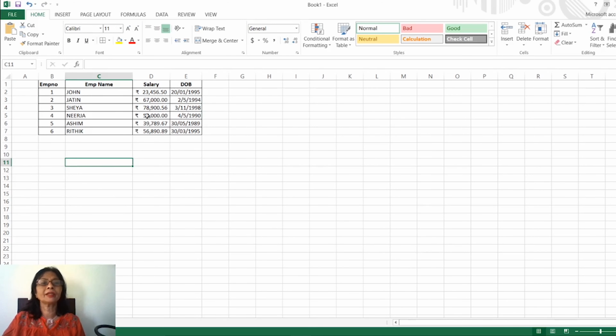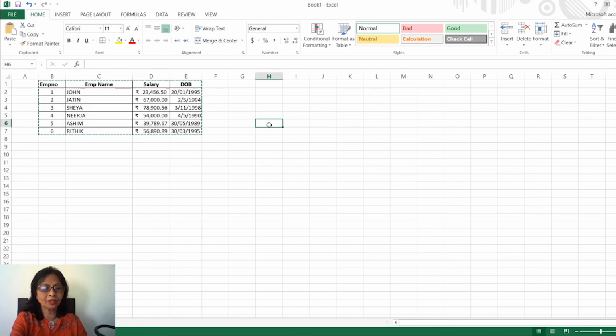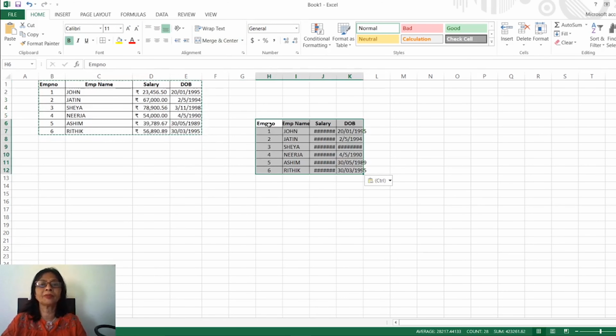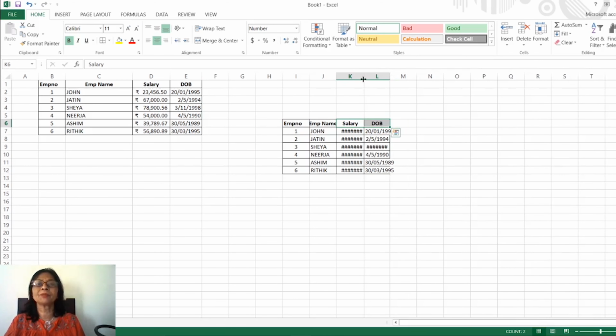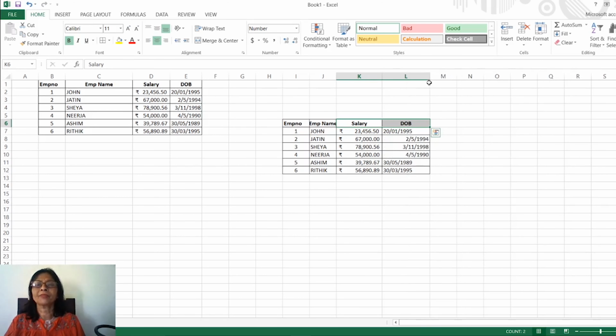After that, if we select the table and press Ctrl C to copy it, and then anywhere on the sheet press Ctrl V, it will come here. Now you can see salary is coming in this way. So it needs a specific amount of space. Make it in this way and you will get the original data.